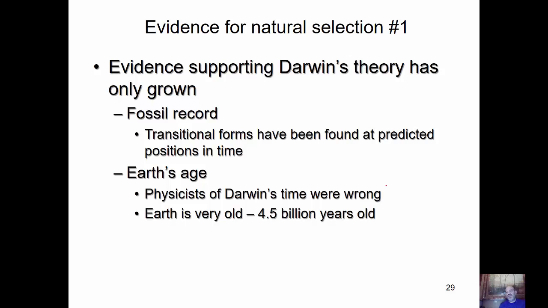So what is the evidence then for natural selection that Darwin talked about? Well, one of the first ones there is the fossil record. And the fossil record, just like the diagram I showed you below before with the whales, many transition fossils have been found. And they've been found at times that would be predicted by the theory. And I'll show you a picture of one that I included. It's not in your textbook. It's rather interesting.